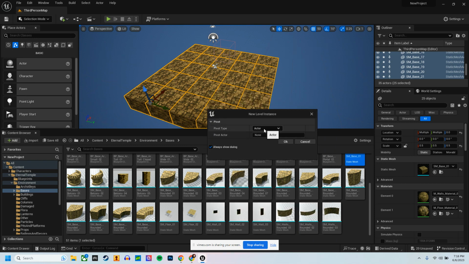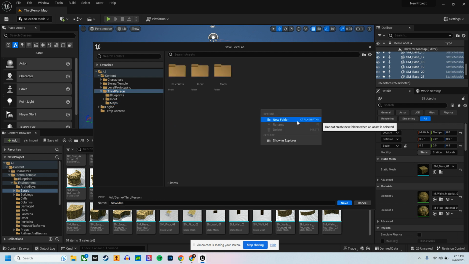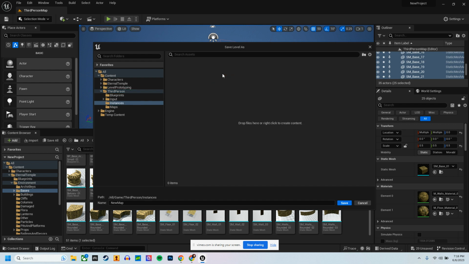Now, there's different pivot types and things you can do, but I'm just going to do center minimum Z and hit OK. And you want to create a new folder called instances. Just makes it easier to get to them later on when you need it. And you're going to name this. So I'm going to do bridge base